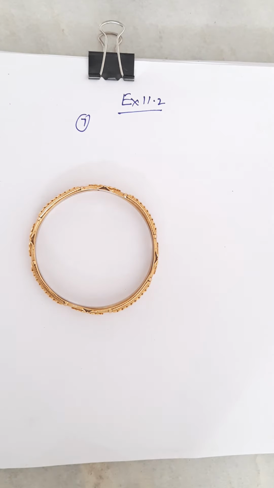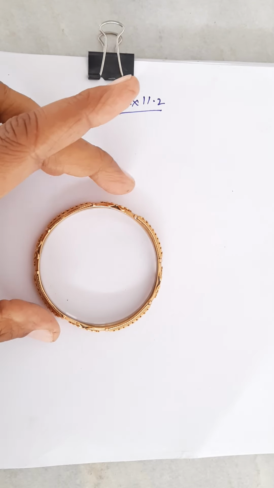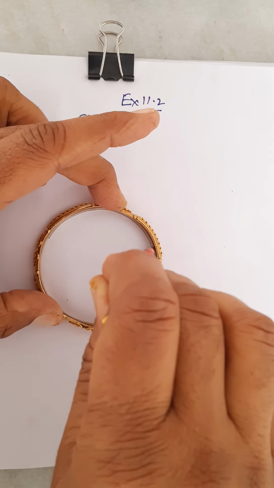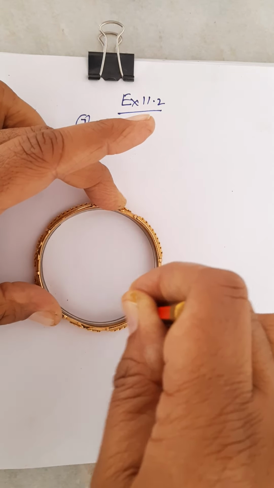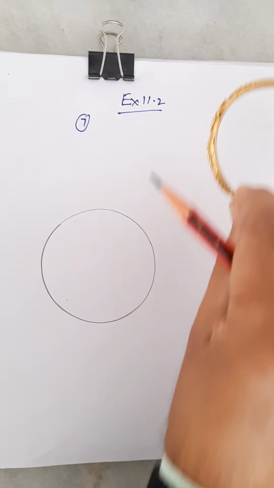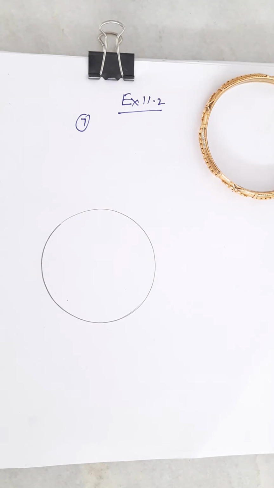Now you see, the first important part is that we have to make the circle with the help of a bangle. So here I have taken a bangle and we will make a circle with the help of the bangle. This is the original circle. Now you know what is the special part in this. When we are making the circle with the help of a bangle, we find that the center is missing.